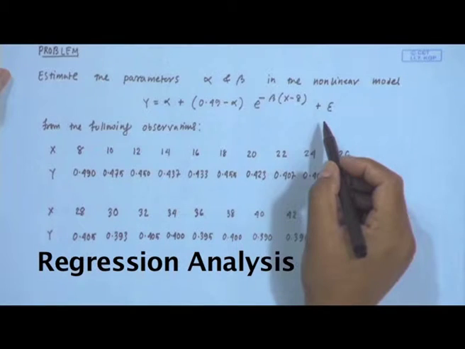Hi, so this is my fifth tutorial class, and today we will be considering problems from nonlinear estimation, generalized linear model, dummy variable, and also variance stabilizing transformation. So, here is the first problem from nonlinear estimation. Estimate the parameters alpha and beta